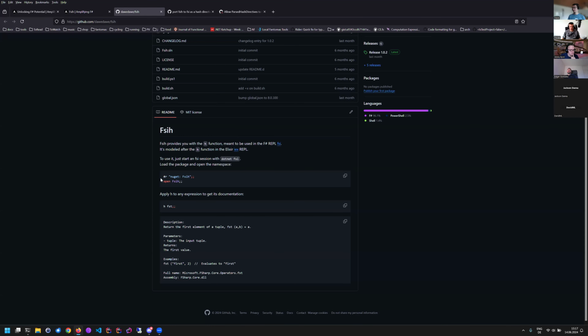It's this little package you can use in FSI to get online help in the REPL of F#. It was well perceived by the community, I would claim, and of course the plan or the dream was always to have it integrated in FSI itself at some point.